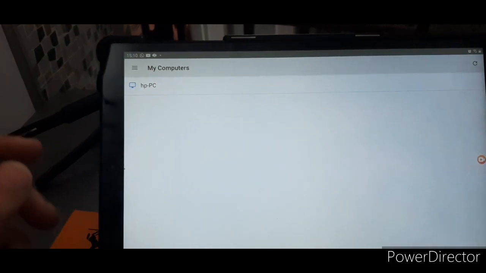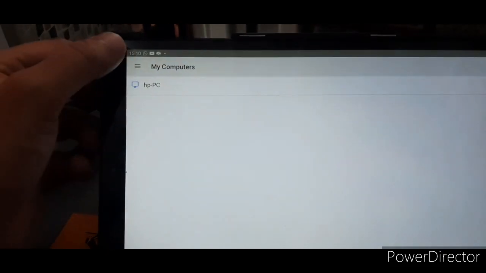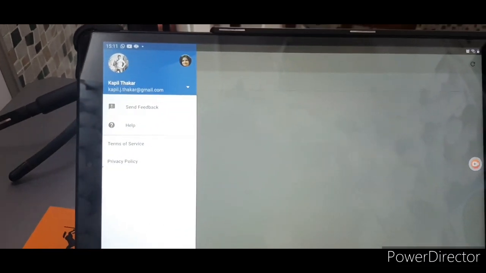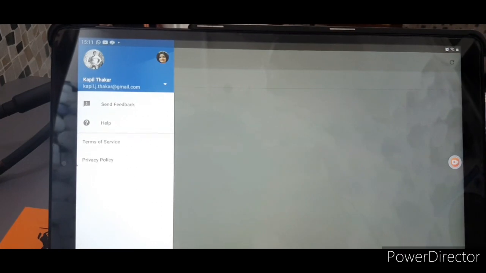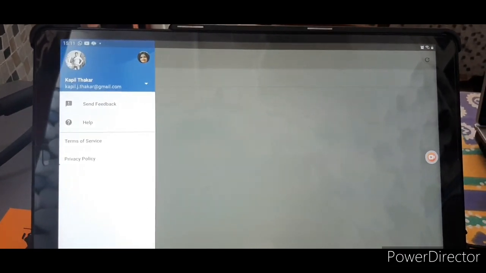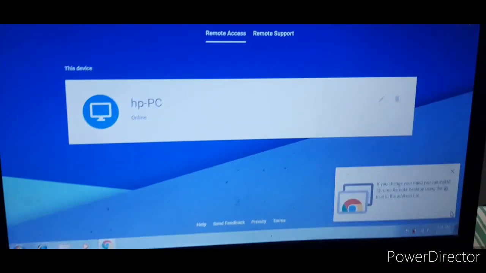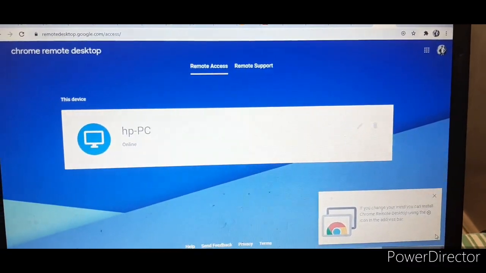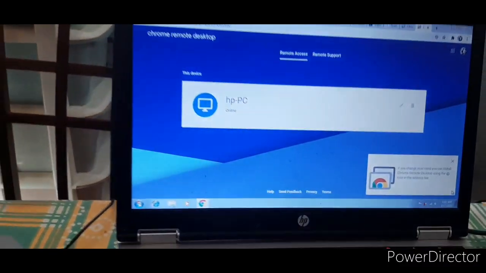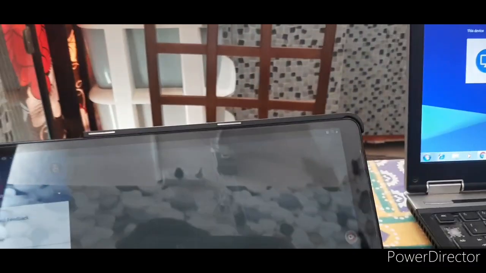If it is not detecting correctly, then you need to check which Google account you have used. You need to use the same Google account which you used for the desktop as well. You can see that I have used this account, and on the desktop I have used the same account. It needs to be the same, otherwise it will not be able to detect the system.